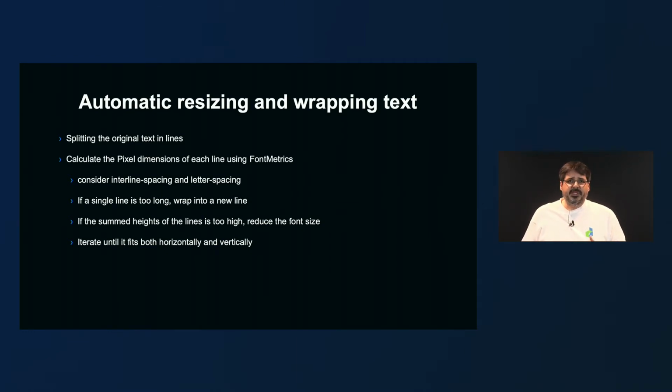And then simply, if a line is too long, it will wrap into a new line. If the summed heights of the lines is too high, it will reduce the font size. And it iterates until it fits both horizontally and vertically. So now that we've seen how the algorithm works, let's take a look at the whole operation on the rendering